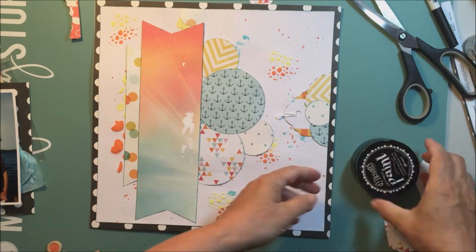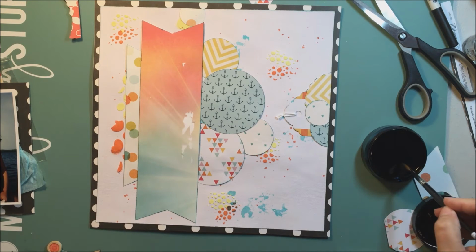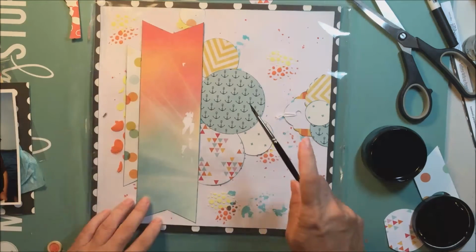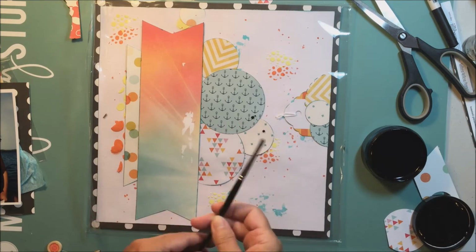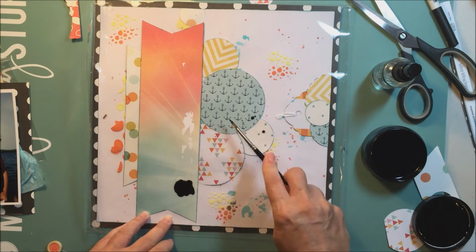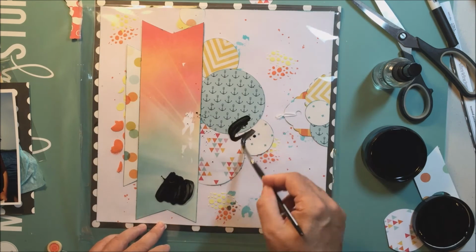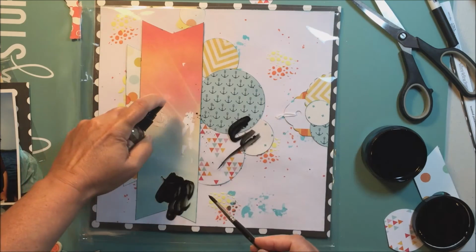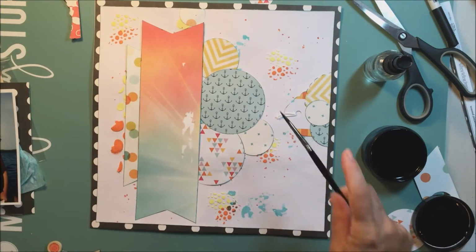And I'm just going to take some of the Dylusions black paint and dilute it a little bit. I'm going to add a little bit of plastic over top of that, and I'm just going to do a little bit of a test here because I haven't splattered with this paint before. Although it's fluid, it needs some watering down to be fluid enough to splatter. So I'm just adding a little bit of water to it, and then I'm just going to tap it onto